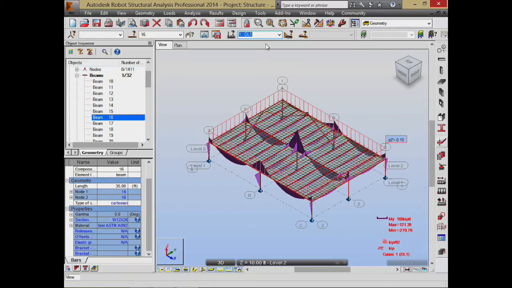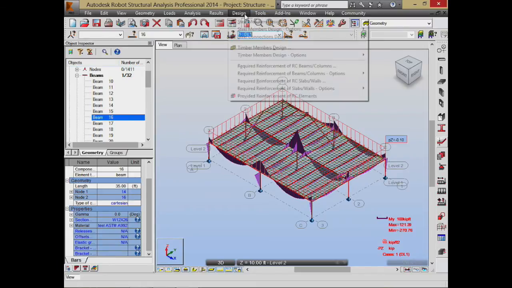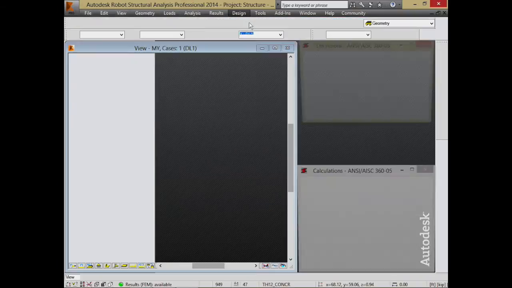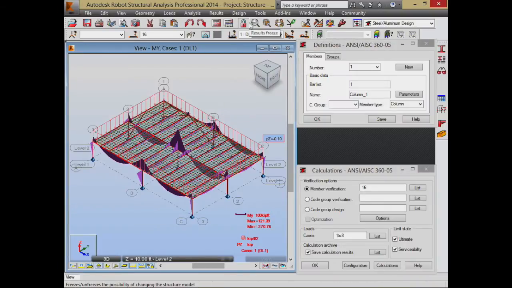Then we say, let's go ahead and do some design, and I can show you how that works. We'll do it by going over to the Design tab. And if we're doing steel design, let's take a look at that. So I got my little structure over here. I've got basically two different windows over here. One window is going to let us go through and choose specific members to take a look at. And this other window is going to let us go through and decide really what we want to verify and